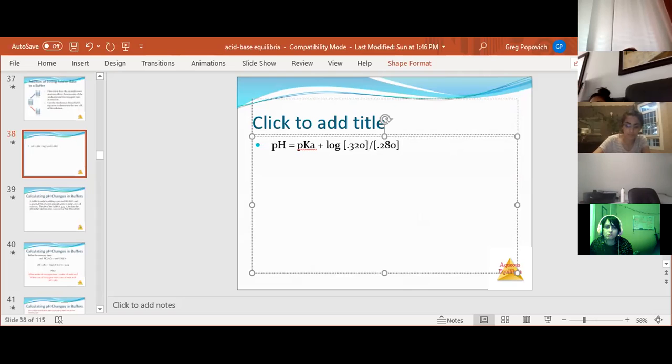If I do this, the pKa of acetic acid is 4.74. So if I add that much base to my buffer,